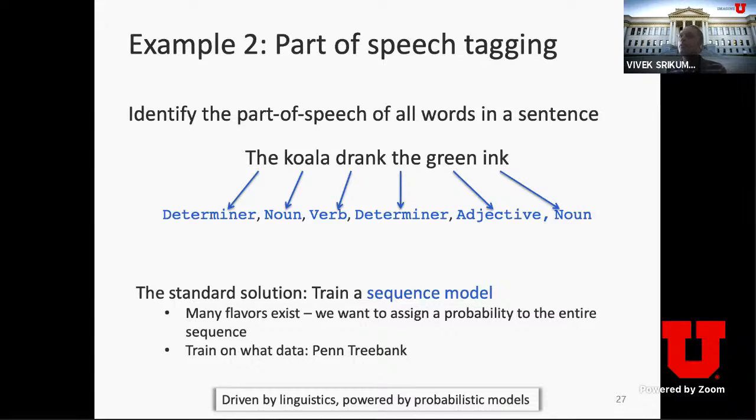So this is another sort of powerful idea that keeps pervading across natural language processing, where we have a bunch of experts who are trained in linguistics or say some other related fields who annotate text, and then you just give it as input to machine learning systems, and they learn these models that can mimic the experts.